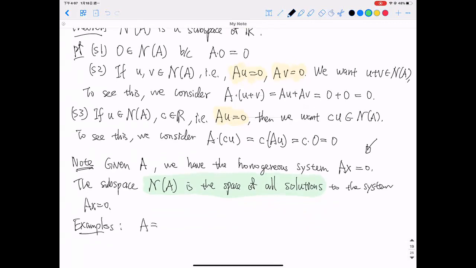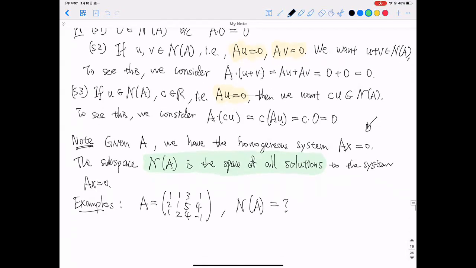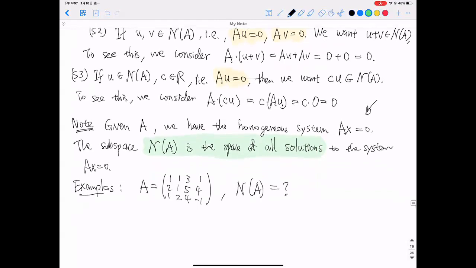Say A is, well, you can really just consider various different kinds of examples. Say, for example, you have this 3x4 matrix called A, and we want to describe N of A. Because N of A is the space of all solutions, right? What this means, when you ask to describe N of A, you're asked to describe all the solutions of